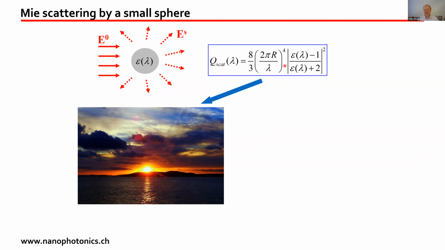In plasmonics, we actually work with the second term in this equation, which only depends on the material. And you see here in the denominator, the permittivity plus 2. So if I want to make a lot of scattered light, what I can do is to try to make this term go to 0. And making this go to 0 would mean having a material where the permittivity, epsilon, is negative, and ideally it should be equal to -2. If I have -2 here, plus 2, it gives me 0, and again, dividing by 0 makes things very large.